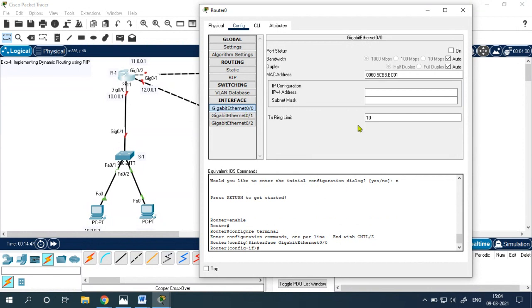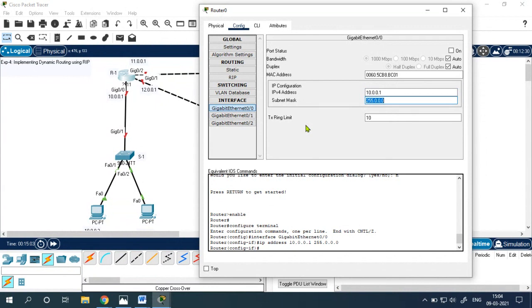Then you will provide the IP address. So gigabit Ethernet 0/0, this interface I'm talking about. Its IP address is 10.0.0.1. So you will give the command ip address, space, subnet mask.